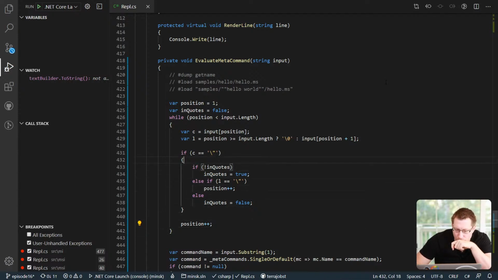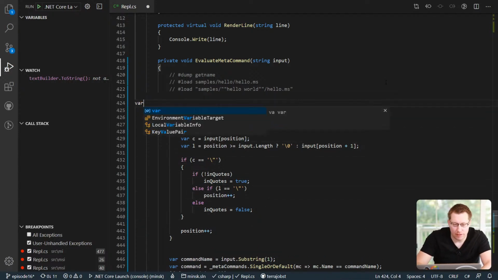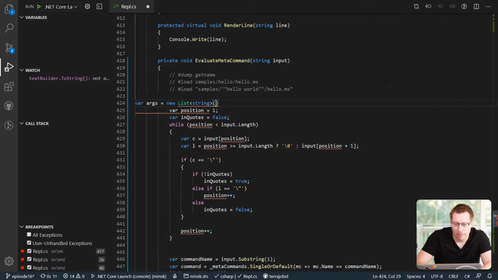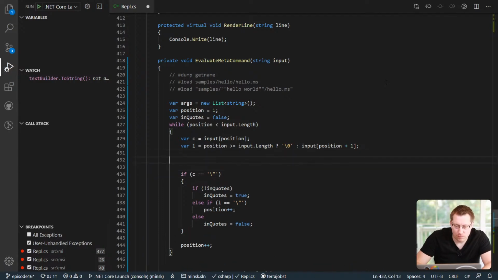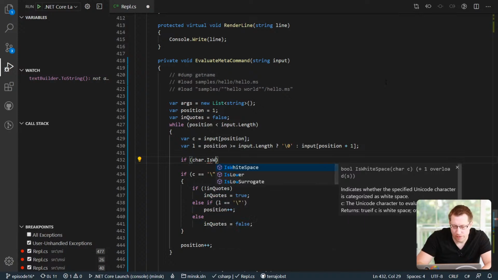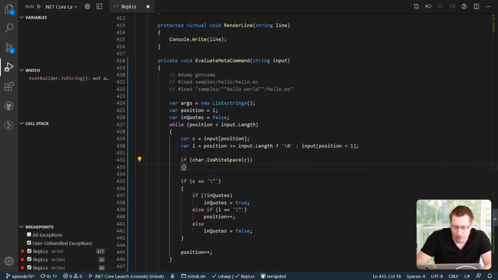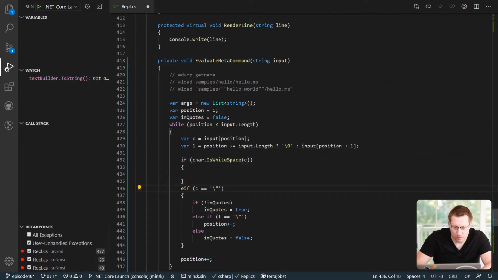And then we need something like var list. Let's call this args. This is a new list of string. So this is basically the args that we have. So we say basically if we have white space, if char is white space, then we do something like